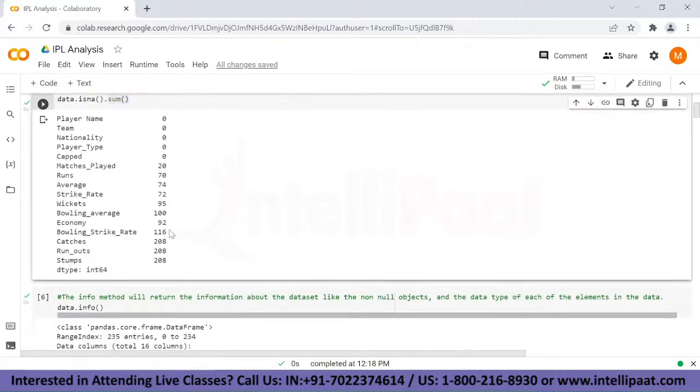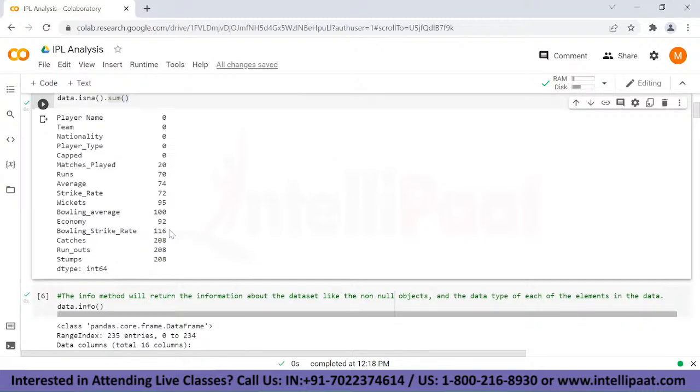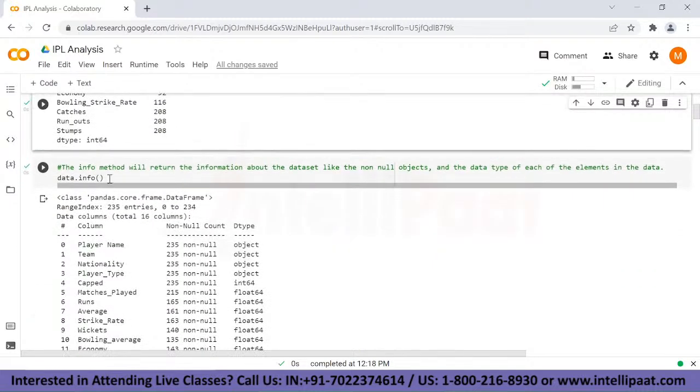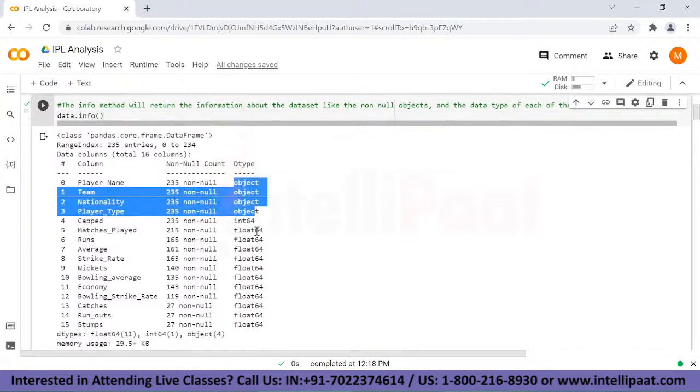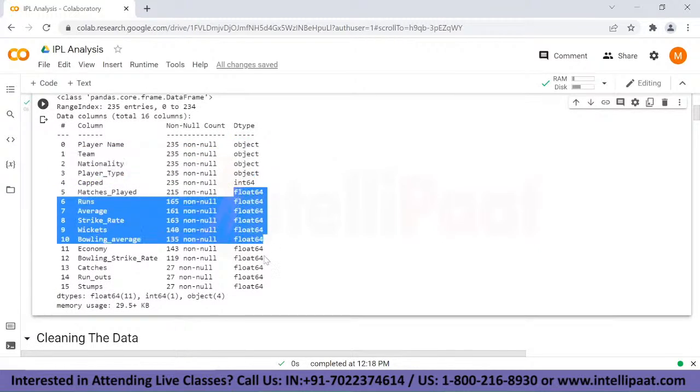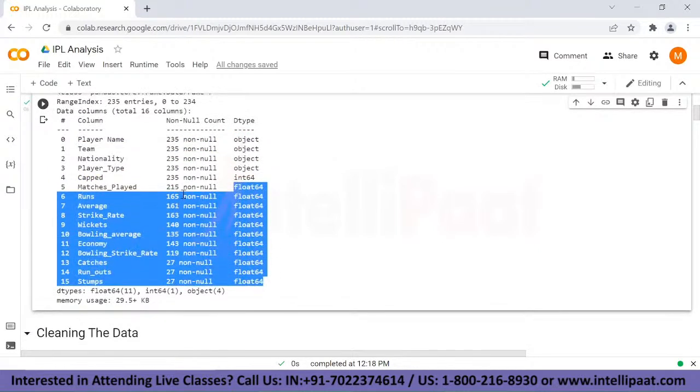So now that we have a vague idea about how our data set looks, how many null values are there, and what the mean and standard deviation of all these values are, we can also get the data type of each of the columns. So for player name and all, we are getting object here. For the rest of the values, the data type is float,